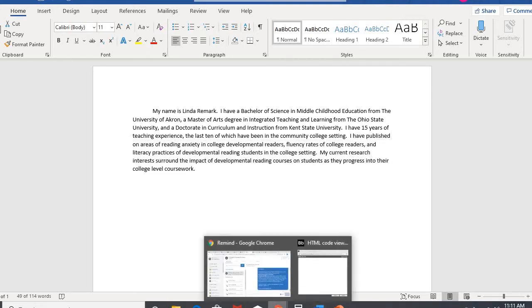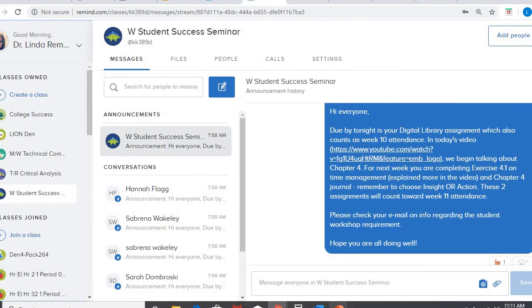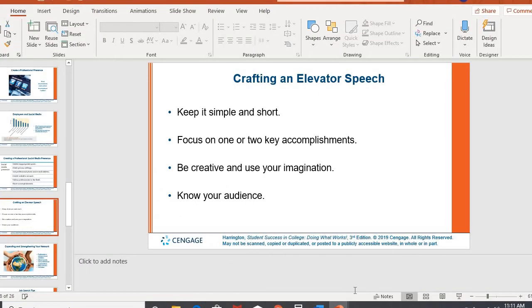And it's not required, but this is something that in class I have my students write and send to me to give feedback on. So if you want to come up with a quick elevator speech, you saw mine was a paragraph long. So I wouldn't recommend any longer than that. It shouldn't take you more than 30 seconds to a minute to go over your elevator speech when you talk to someone. But it's just a nice way to introduce yourself so that when you do meet potential employers, you're not scrambling like, oh, I have no idea what to say. You have a speech ready to go.